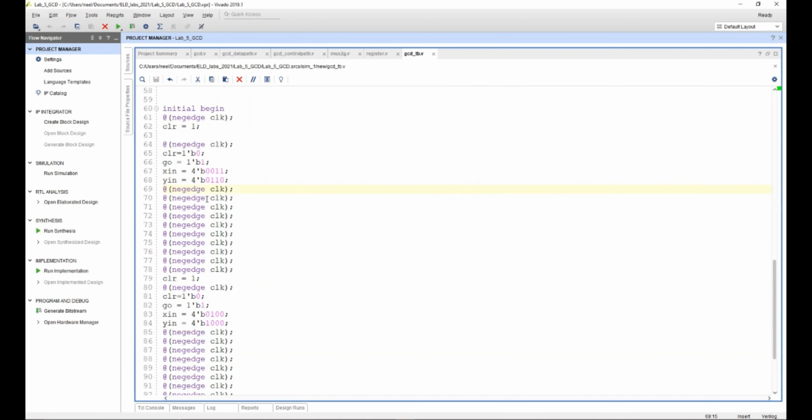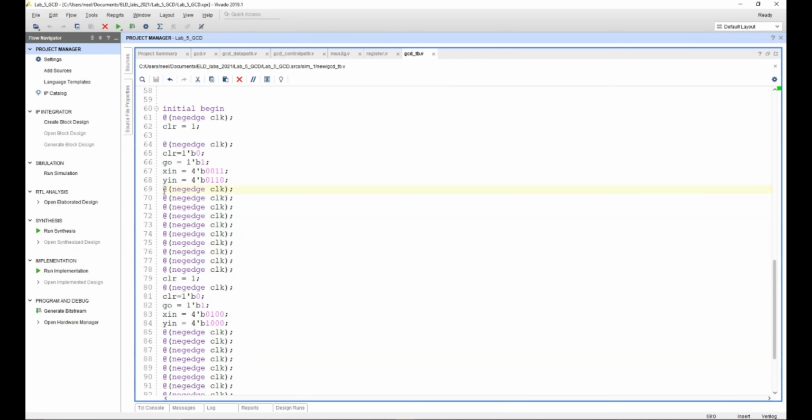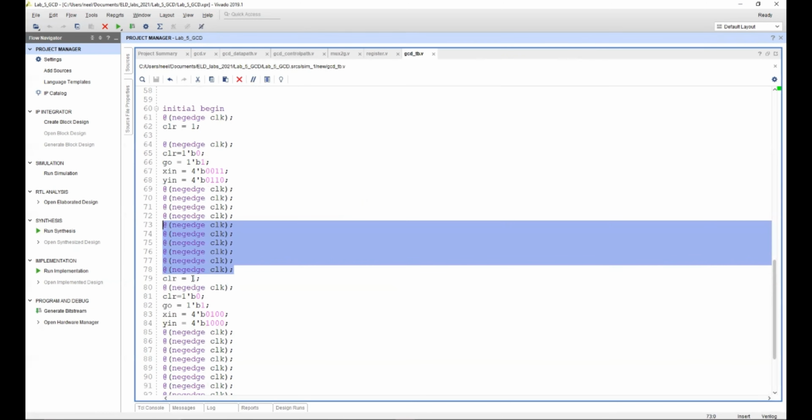So after the calculation, after getting an appropriate delay time, this is also important. You need to give a certain amount of time to the FSM to work, because if we delete a few of these negative edges, then again the clear value will become 1 before the state of the FSM becomes done.